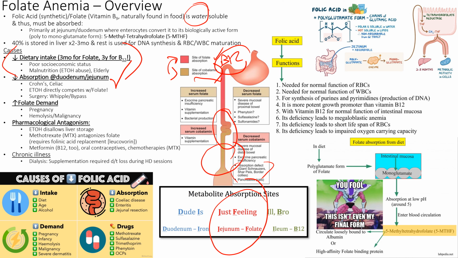And then folic acid demand. We have increased demand because of pregnancy. We're hemolyzing and breaking down RBCs left and right, so we need an increased intake to accommodate for that. And pharmacological antagonism. We already talked about ETOH antagonizing folic acid. Methotrexate we'll mention with chemo as well. Methotrexate is going to be